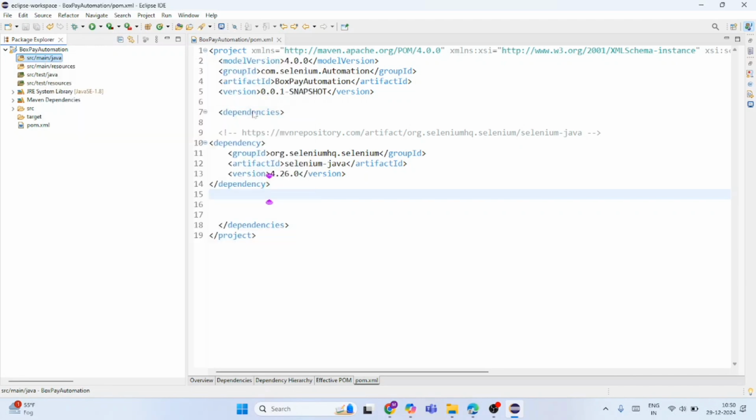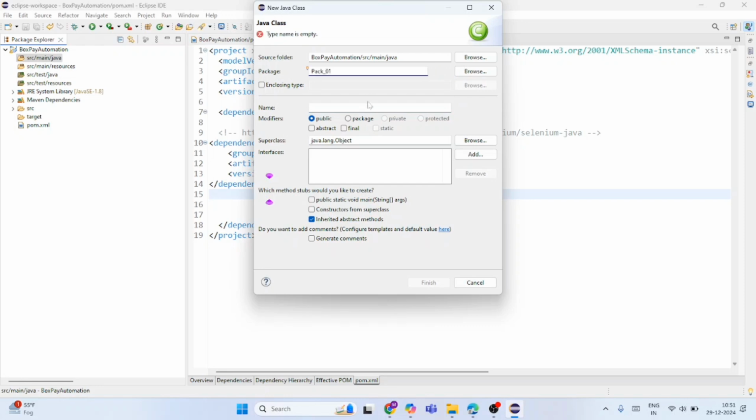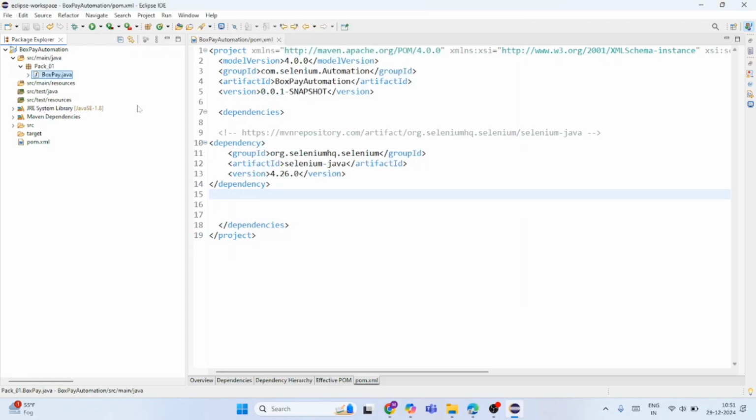class. First of all, you should give the name of the package. I'm going to give it pack1_01 and a class name. Then I will give the class name as BoxPay. And we will also require a main method. Just click over here to create the class with a main method. Now click finish. This will create a class,